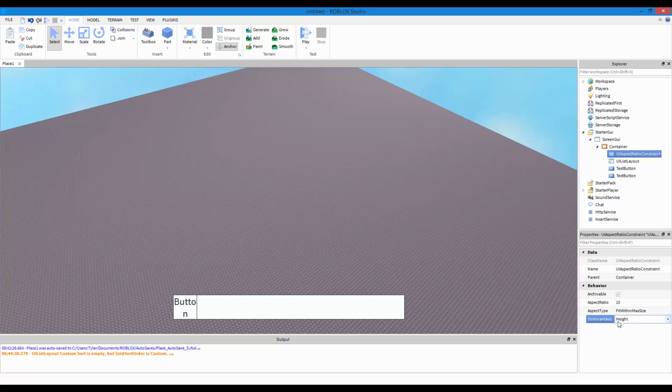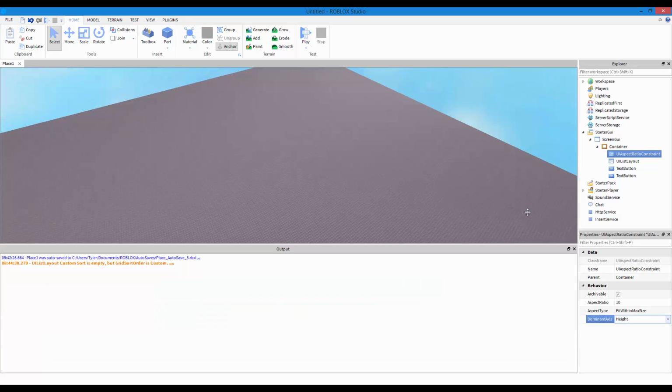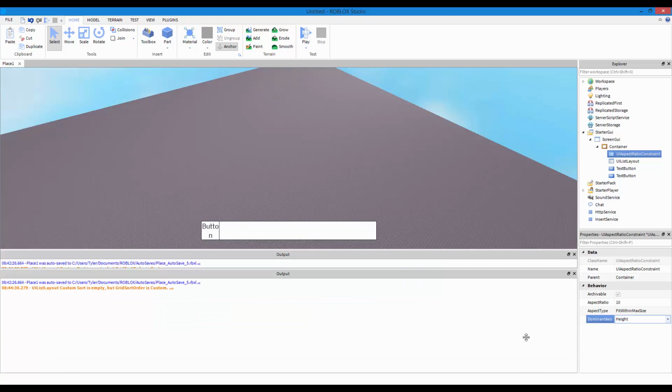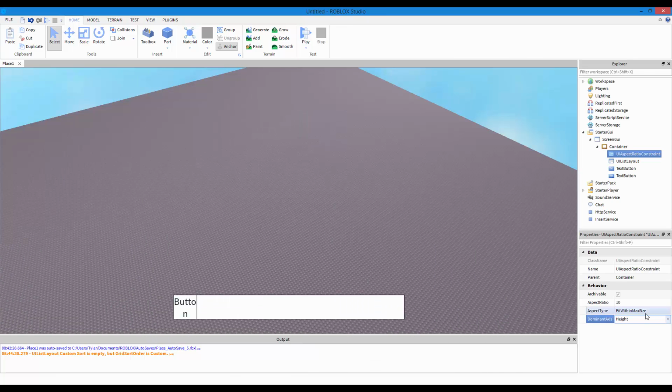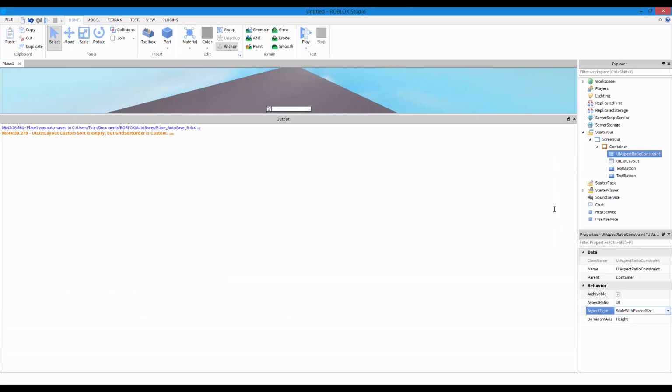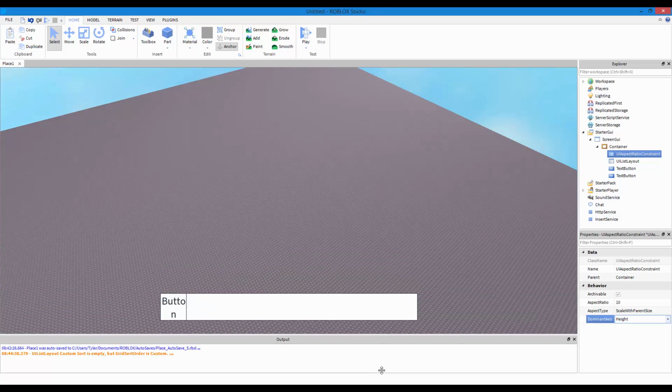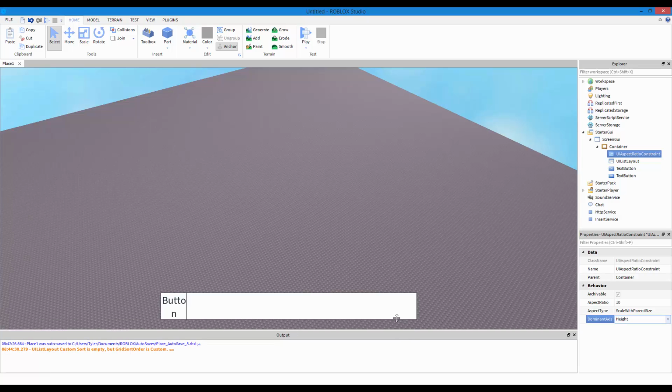The dominant axis, I think this is useful for the bottom one, the one over here. Scale with parent size. Now if you did height, as you can see, if I change this to width, it would go in. Just kind of mess around with this if you want to understand it. I understand it. With height, it's going to be good on the height, on the y-axis.